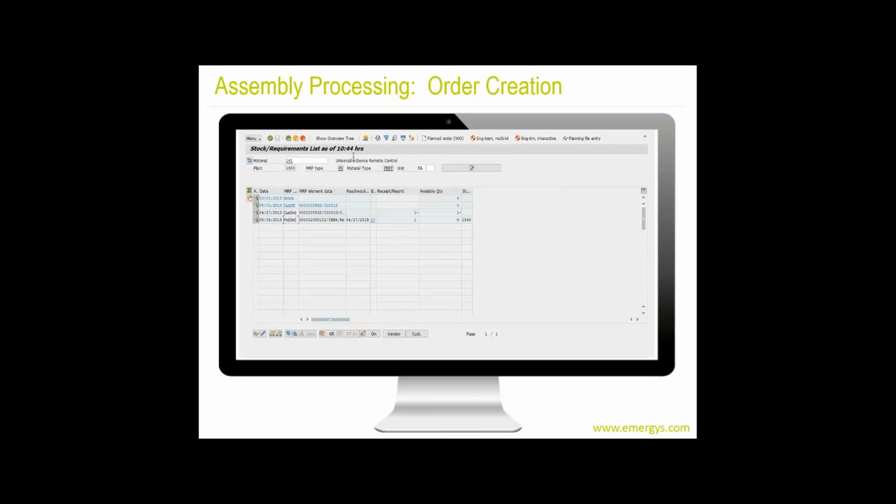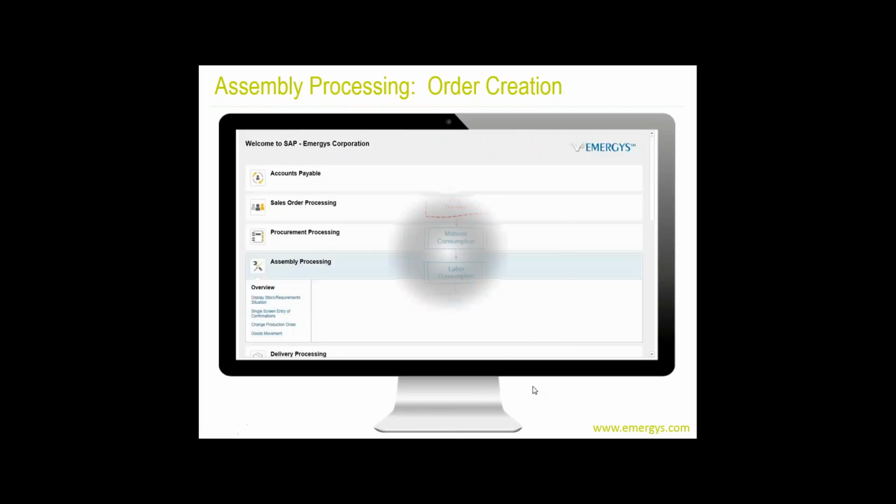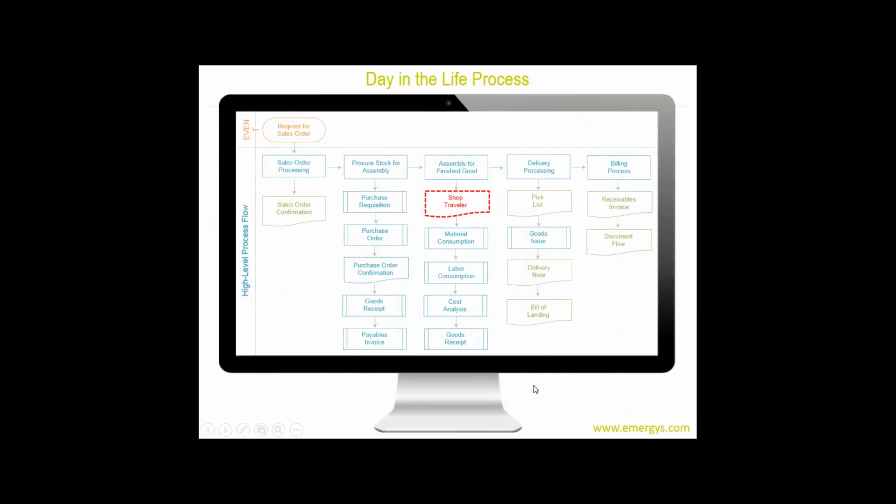So a production order has been created. This actually took a requisition and converted it into a production order. Now this is very tactical, right? We're doing one at a time, one at a time, one at a time. There is the ability to also do group or more global activities. So I could have done a mass conversion of production orders, not just a single production order at a time.